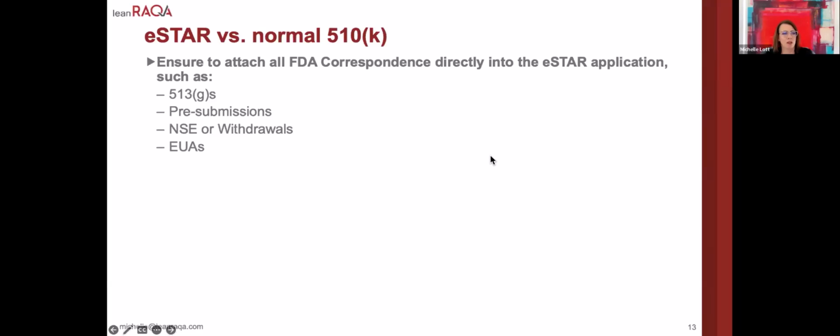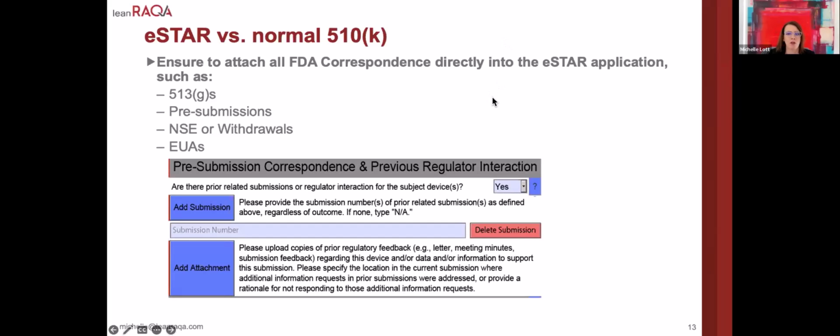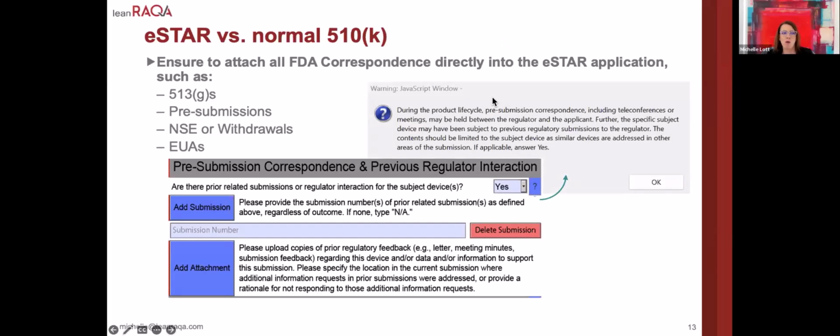Okay, so we'll continue discussing just the eSTAR program as a whole versus the normal way of submitting a 510K in the old e-copy. So another difference is that now in the eSTAR application, you have to upload or attach your previous communications that include 513Gs, pre-submissions, previous NSEs or withdrawals or EUAs. So you can imagine how bulky